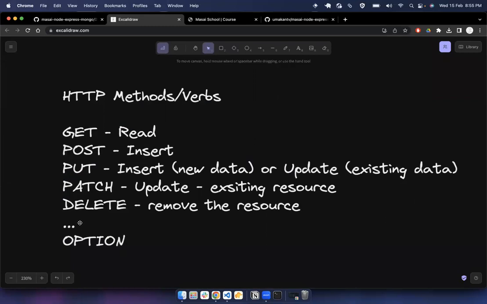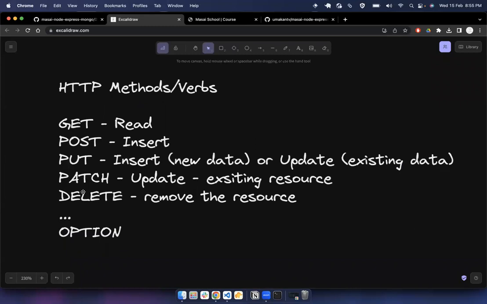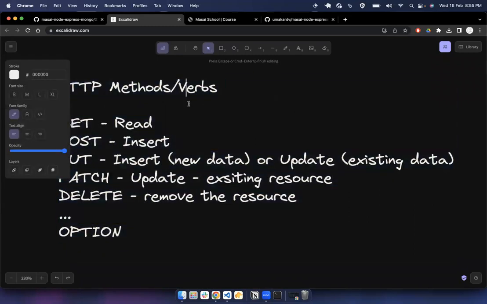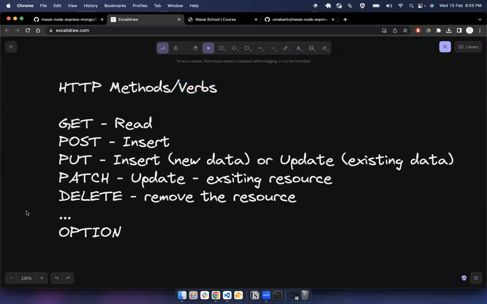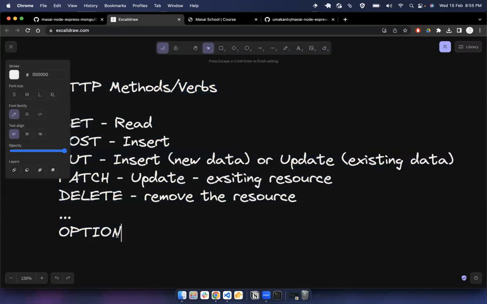And there are other types of HTTP methods. We call these HTTP verbs also. If somebody asks you what are HTTP verbs, then they are nothing but the same as HTTP methods. Now, the OPTIONS method is used to identify